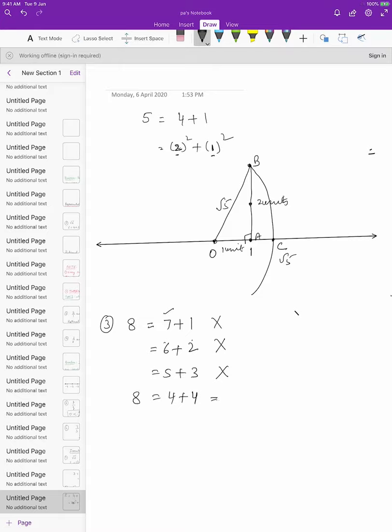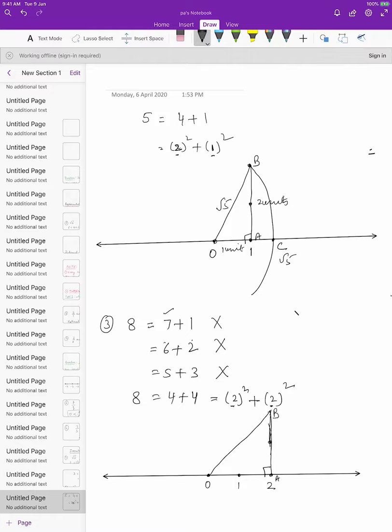8 is equal to 4 plus 4, which is equal to 2 square plus 2 square. So now we have two numbers with us, 2 and 2. So what will I do in this case? Again, when I draw a number line, I will take 2 units on the number line and 2 units perpendicular to it. It has to be a straight line perpendicular to the number line. So when I join this,